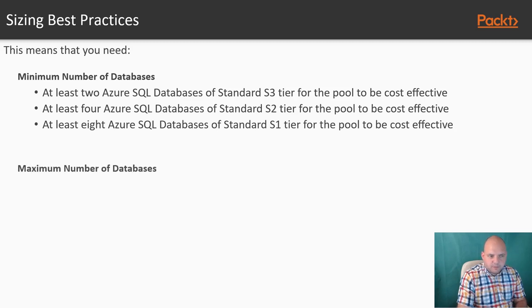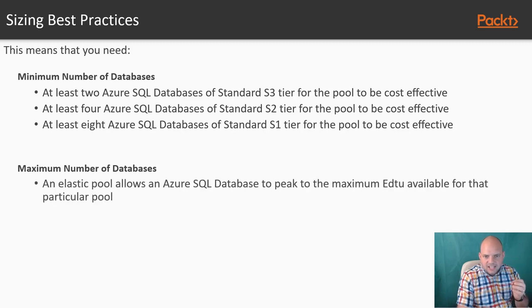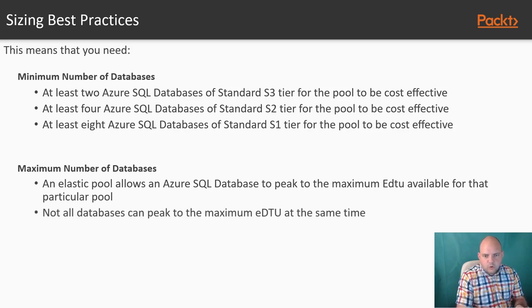Now the maximum number of concurrently peaking databases: an Elastic Pool allows an Azure database to peak to the maximum eDTU available for that pool. However, not all databases can peak to the maximum eDTU at the same time. The maximum number of concurrently peaking databases shouldn't be greater than 2/3 or around 67% of the total number of